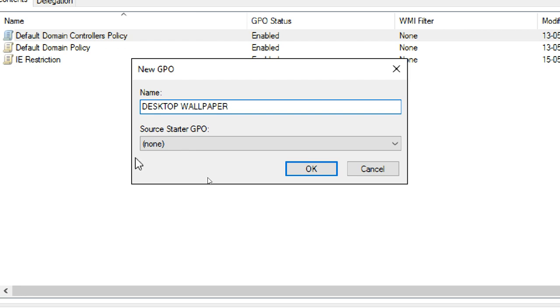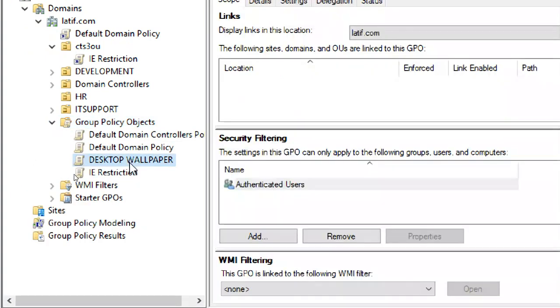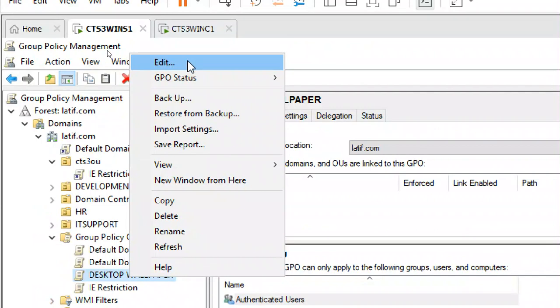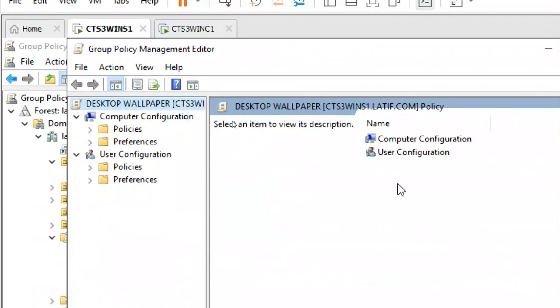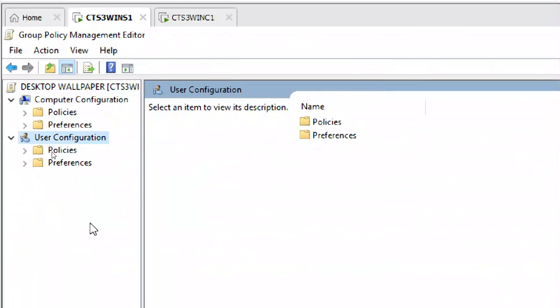Any name you can give, like desktop wallpaper or Azure wallpaper. Click OK. What is the next one? Edit group policy. Edit policy. Very good.